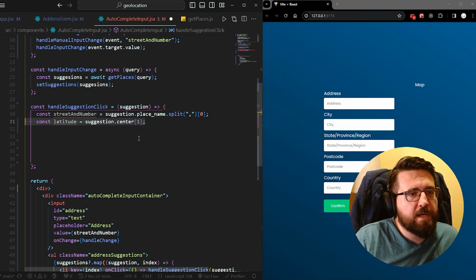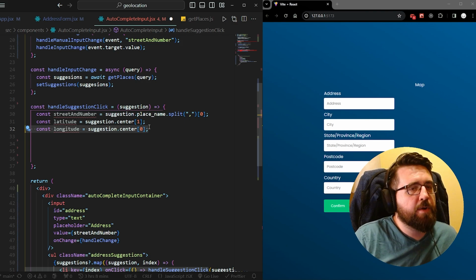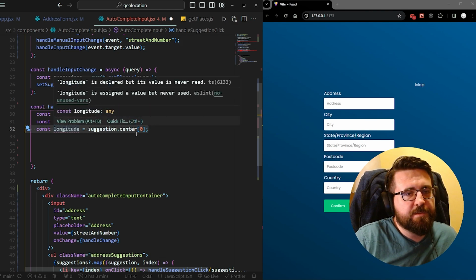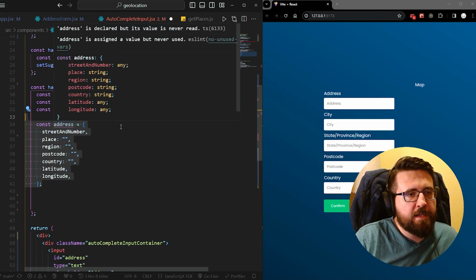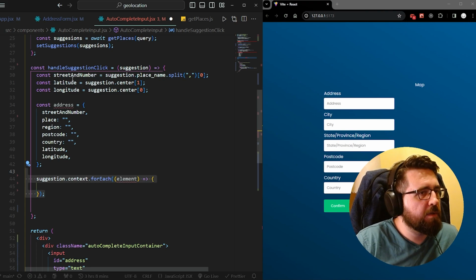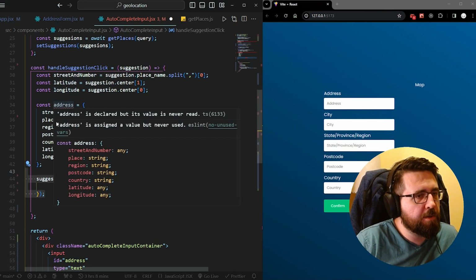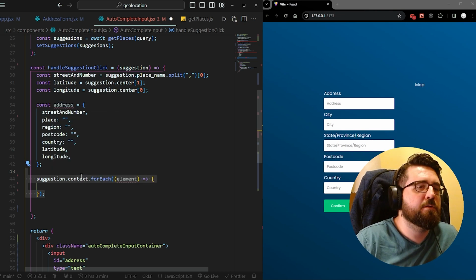Then we are going to pick up latitude and longitude from the suggestion.address.center property, which is an array where longitude is the first element, latitude is the second element. We're going to set up a default address here with our empty properties. To get all other parts of the address except for street and number, latitude and longitude, so place, region, postcode, and country, we need to go through